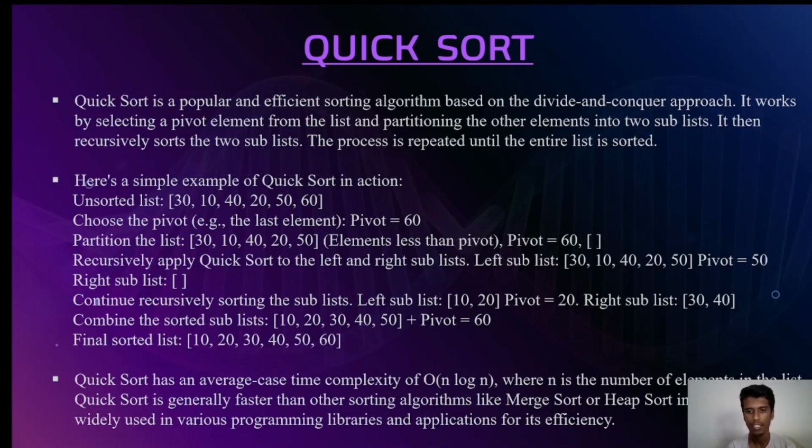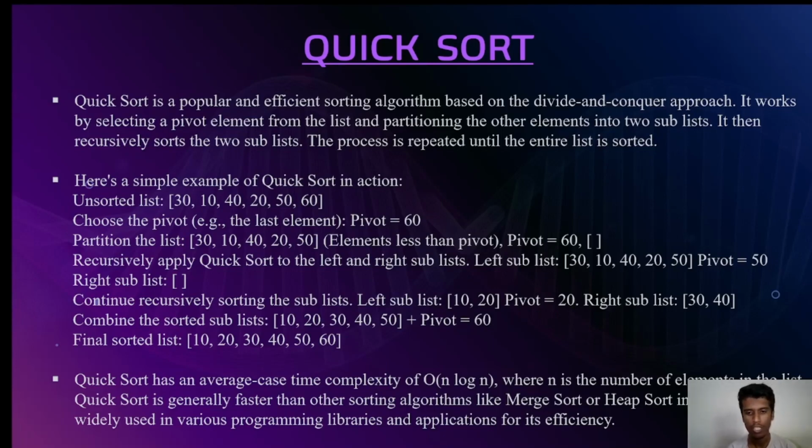We get 30, 10, 40, 20. Continuing to recursively sort the sublists, the left sublist will be 10, 20 and the pivot element in that list will be 20. In the right sublist, the array will be 30, 40. In that, the pivot element will be 30. Combining this,